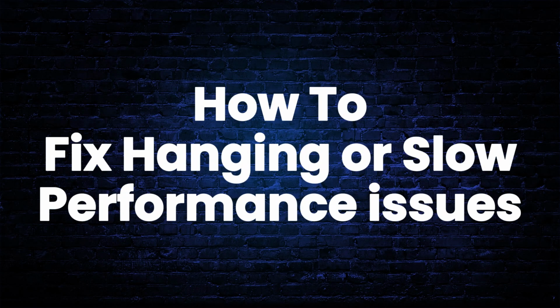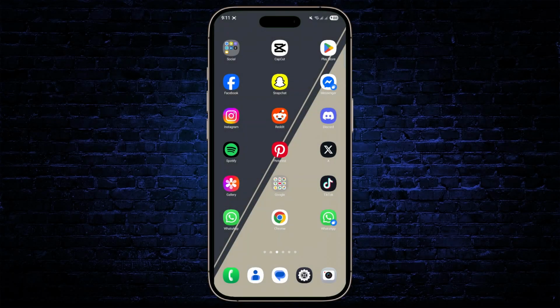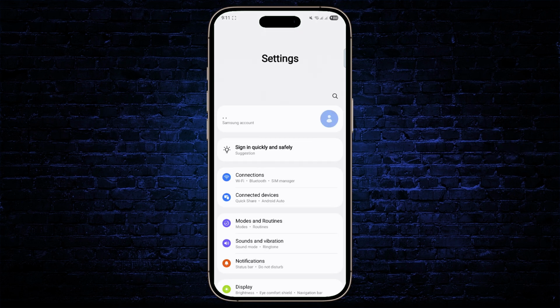How to fix if your phone is lagging or having slow performance. Hey everyone, in this tutorial I'll show you guys a few ways that you can boost up the performance on your phone. So the first thing you're going to have to do is go to your settings and scroll down